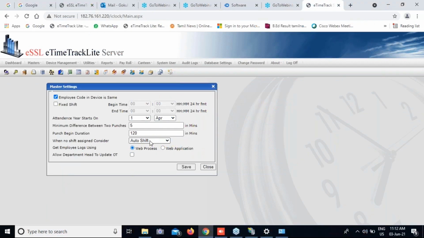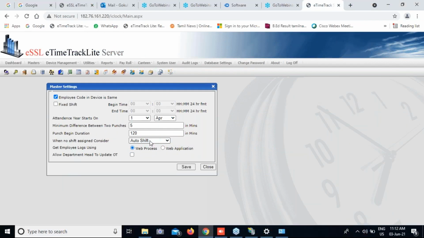For example, if a night shift employee makes a punch before 23:59, it will be considered as today's present. If we cross into 00:01 or after, it will be considered tomorrow's date. So you should make punches before 23:59.